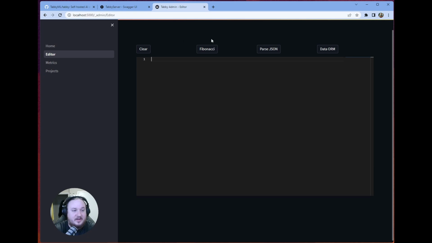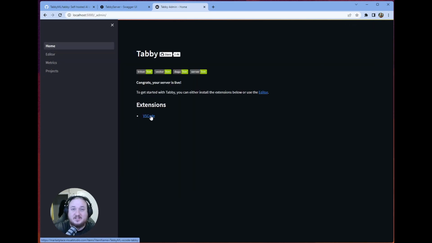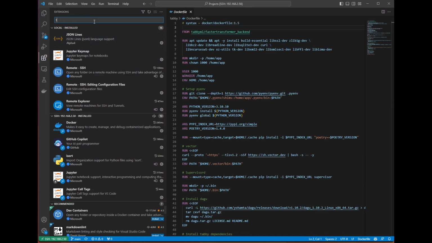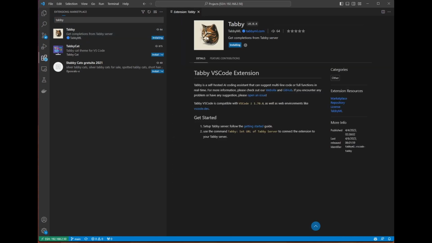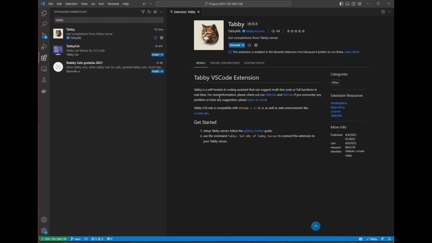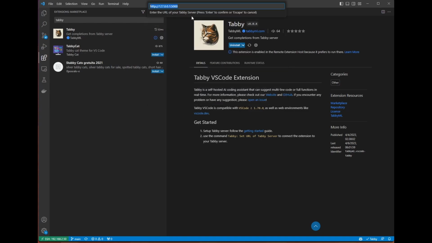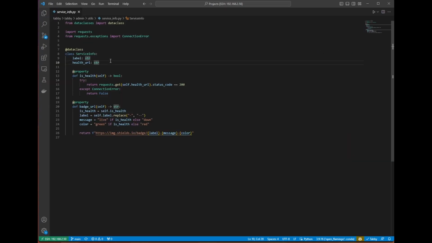So that's great, but there is another option here, which is the VS Code extension. So let's give that a shot. Okay, so if we head over to VS Code, we can go to our extensions, and we can go Tabby, and we can install it. So now that it's installed, we can use Control-Shift-P and type Tabby. We can set the URL of the Tabby server. You can see here that we have it set to our localhost at 5000. Let's press enter there. So now we have the extension activated, and you can see that it's running here, and